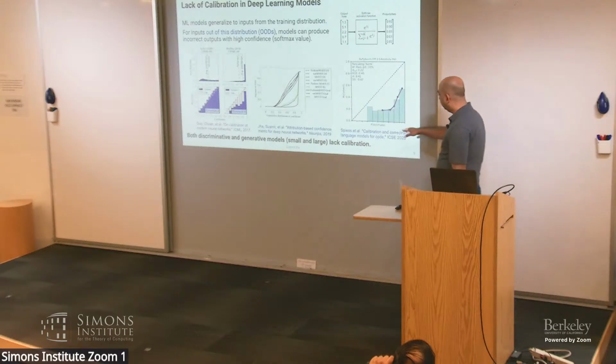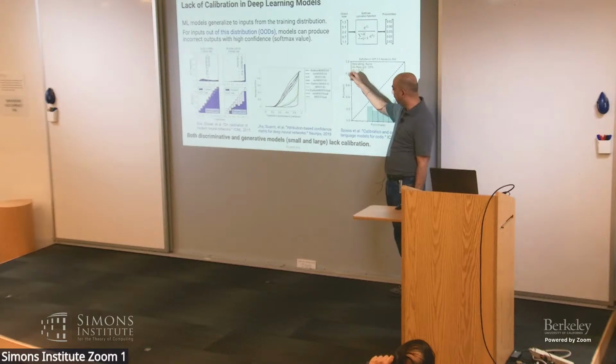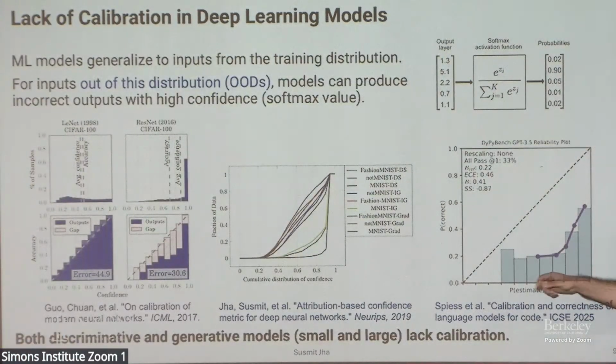So on the x-axis, what you're looking at is confidence, and on the y-axis, you are looking at the accuracy. If the model was well calibrated, you'd see that all these histogram bars would track the x equal to y line. That would mean that the model is well calibrated. If it shifts to this side, that essentially means my confidence is really high and my accuracy is low, so the model is actually overconfident. It's making mistakes with a higher confidence. And that's what we have typically seen with smaller models and larger models.